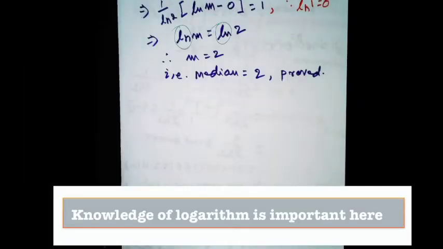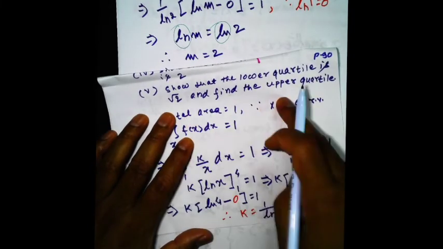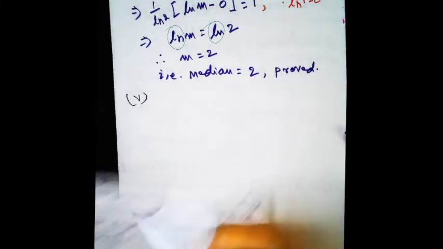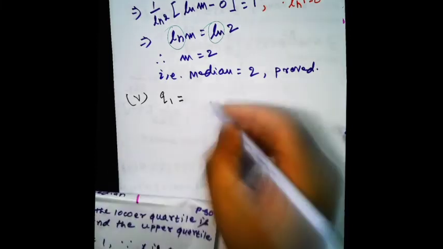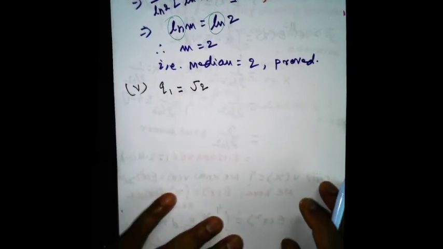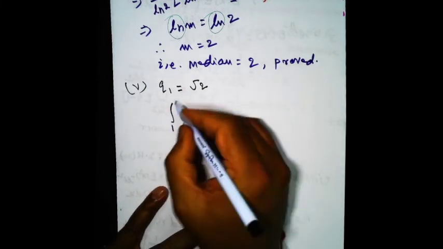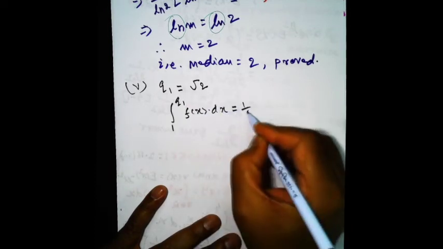And lastly, we also have to show that the lower quartile is root 2 and to find the upper quartile. So for the lower quartile, this is now question number 5, and it says to show the lower quartile, q1 equals root 2. Here, in the same way that we did while finding the median, we'll do the same thing. It starts from 1 and ends at q1, f(x) dx equals now 1 by 4,